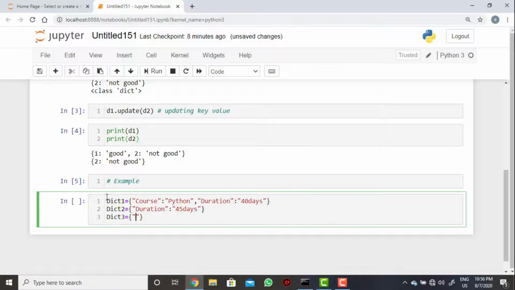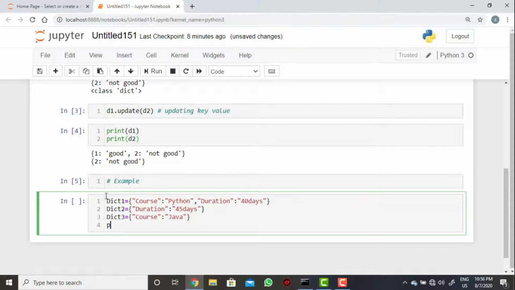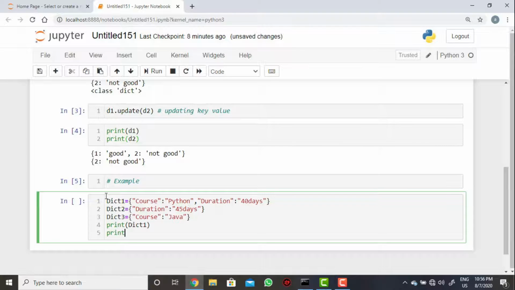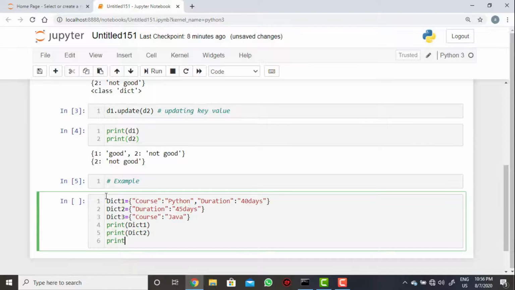Then course, it will be Java. Now let's first display the dictionaries: print dict1, then print dict2, then print dict3.